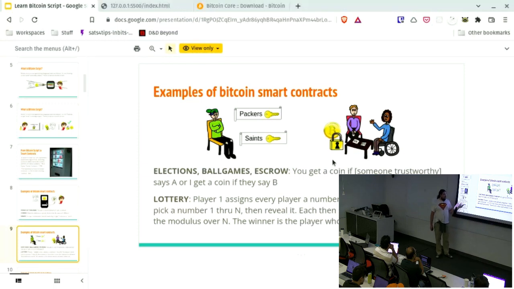You can also use it for elections. Say, if CNN says that Biden won versus Trump, then you can have some money be based on that. You can do escrow, where if FedEx says that I got my package, then you get your money. Otherwise, if you don't, I get the money back. You can also do lotteries. Bitcoin supports random numbers, so you can